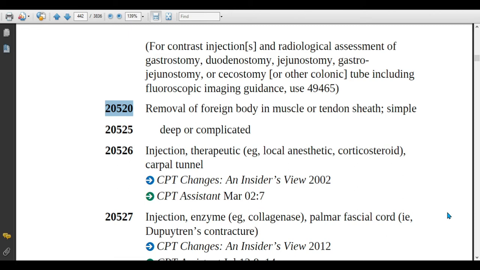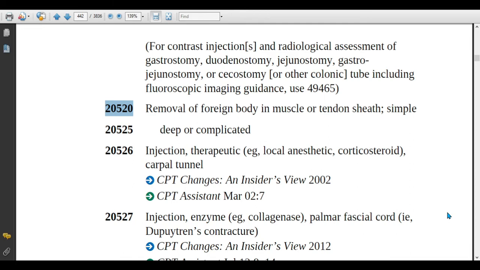Then the physician will incise the targeted area where the foreign body is. When he or she reaches the muscle or tendon sheath, he or she will easily remove the foreign body from the patient. Then he will close the incision with